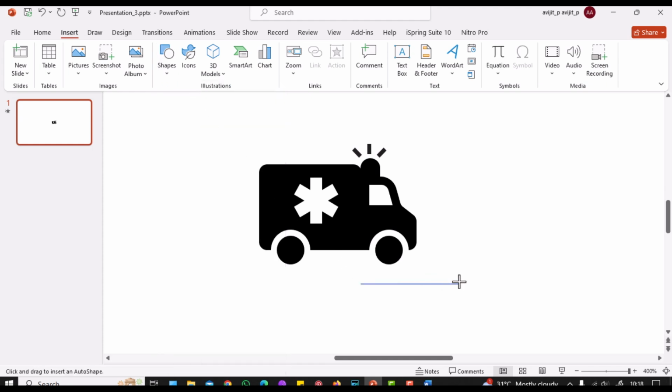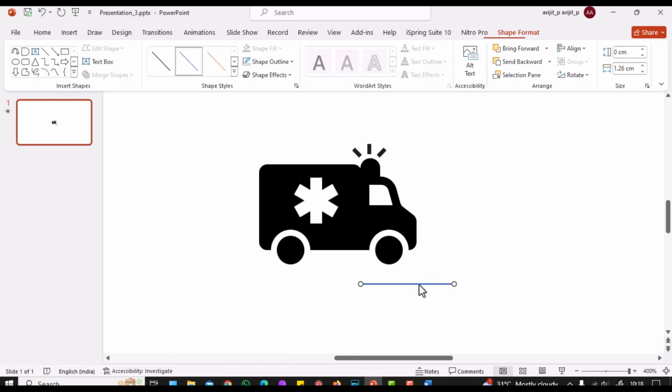To add some more motion effects, add a road which will appear to be moving from right to left.